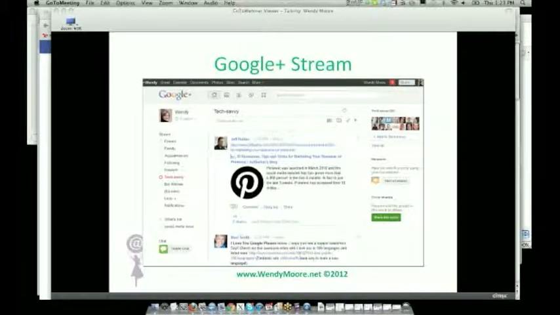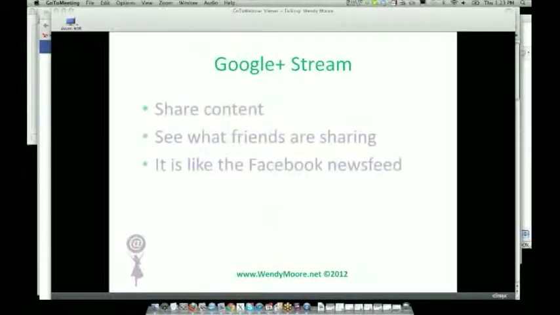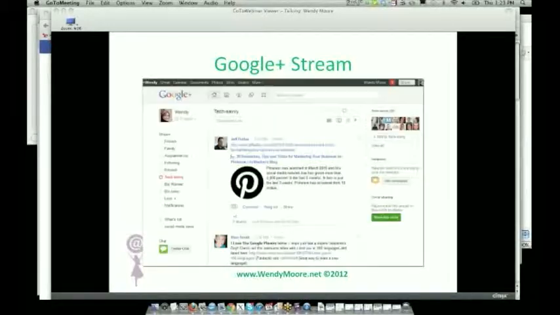So the Google Stream is very, very similar to the Facebook Stream. So it's where the information that is shared by your connections comes up. So it's what your friends are sharing, and it's like the Facebook newsfeed. So look, just quickly looking at it, top left-hand corner, it's got your name and so forth. Down the left-hand side, you've got a number of lists there, so you can see they're my circles. Now, in Google Plus language, a circle is like friending somebody. So when you add someone as a friend on Facebook, you circle them, or you add them to a circle